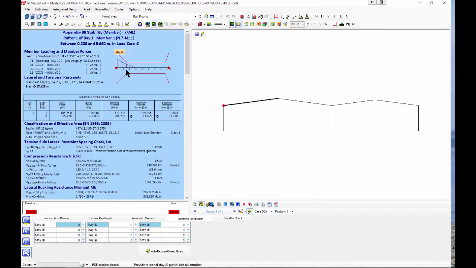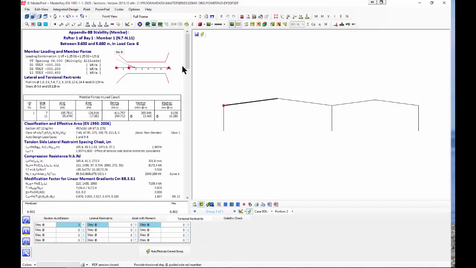I can say, if I restrain it there, would it work? If I restrain it there, I wouldn't need one there, and then everything else works. So that's just quickly assessed that rafter and seen that it just needs that one purlin restraint, and it's a more efficient way of doing it than in the